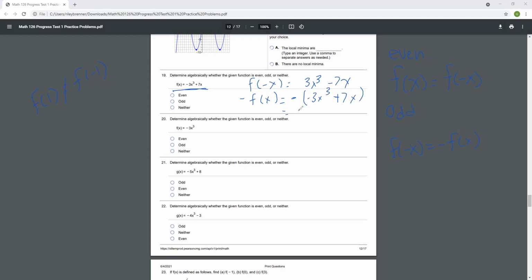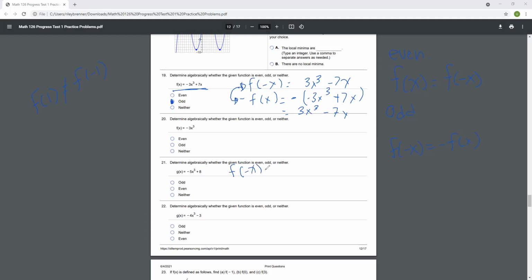So that would end up being 3x cubed minus 7x. And so since this is equal to this, that would indicate that the function in 19 is odd. Okay. I actually think looking at these, not all of these are going to be odd. So for example, if we were to do the same process with 21, the process would be f